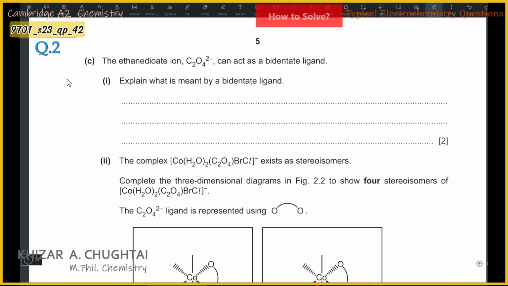Part C: ethanedioate, C2O4 2 negative ion, can act as a bidentate ligand. Explain what is meant by bidentate ligand for 2 marks. Bidentate: bi means two, dentate means it can make dative bonds. First of all, what is a ligand? A ligand is a species, a molecule, having two donor atoms